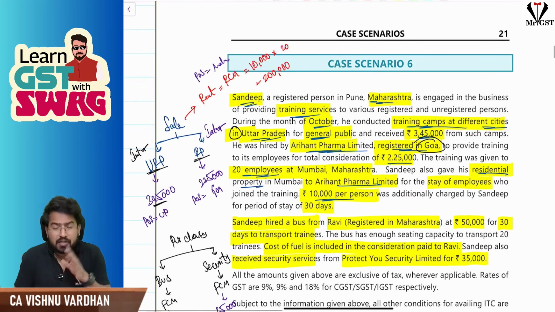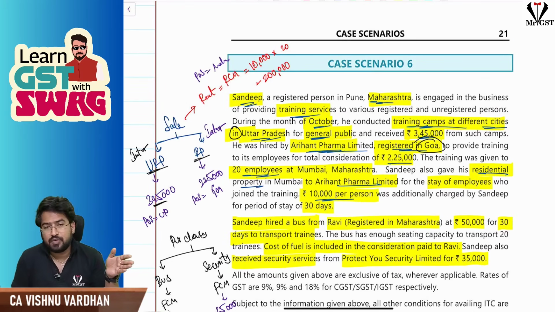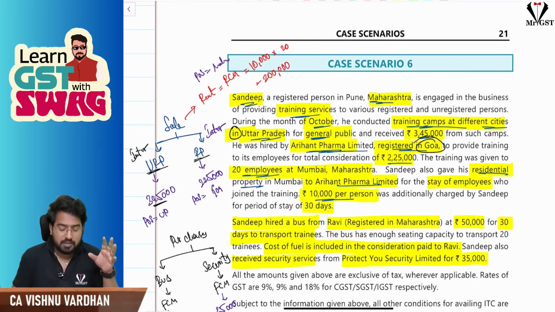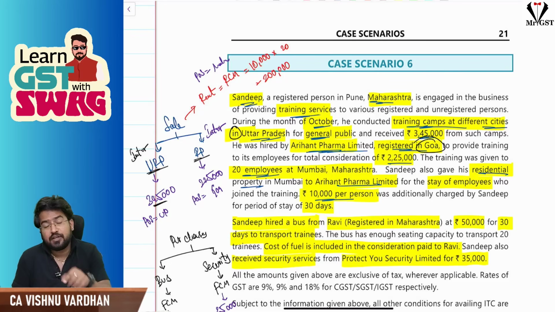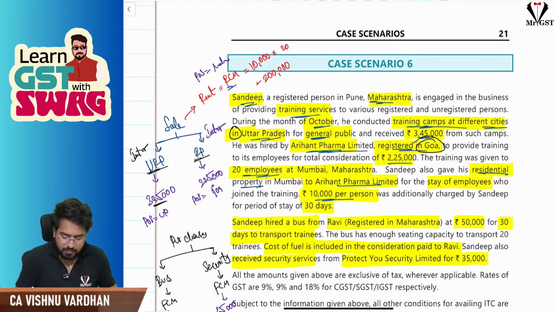And please understand, for any person renting the residential building, the supplier may be registered or unregistered, doesn't matter. But if the residential property is given for rent on commercial purpose to a registered person, entry 5AB will come into picture. That is RCM will come into picture here. So he has provided rent and RCM will come into picture. This is a sale again by this fellow, but this is an intrastate sale. That is important. This is an intrastate sale, and RCM will come into picture here. Okay, fine. Next,